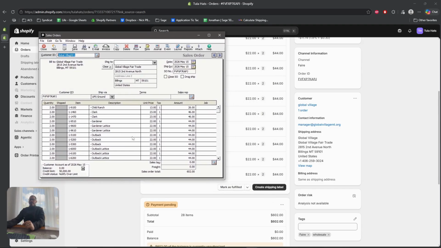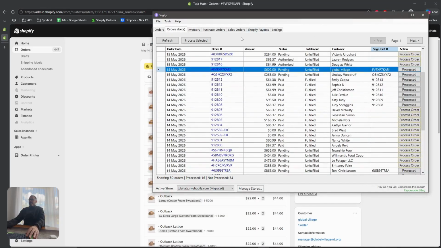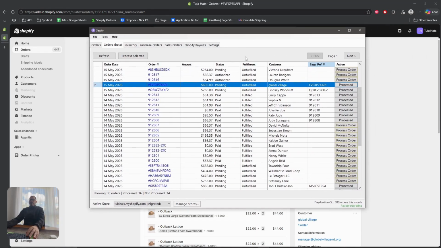And then again, all the products are getting brought over, their quantities, getting assigned to their correct GL accounts. Sale order number is the Shopify order number, similar to the customer PO number. And then, of course, the total matching $602 across both systems. So that is a quick introduction as to the main way you can use Sagify. There's a lot of other features: inventory sync, purchase order management, sale order management, reconciling payouts. But the bulk of your day-to-day use in Sagify is to import your orders from Shopify and have it funnel